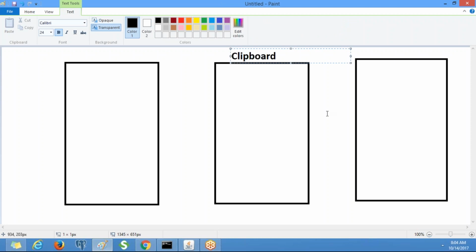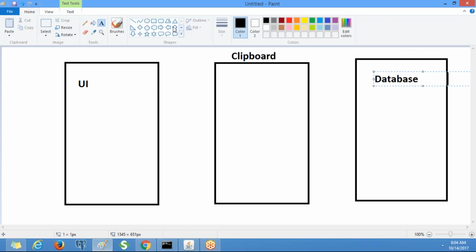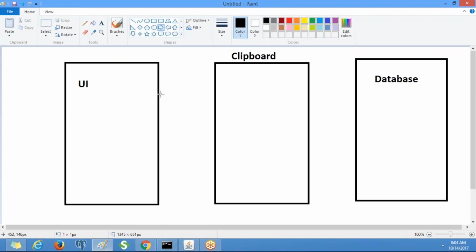It is a temporary memory area which is associated to each active requester. So whatever details you are going to enter on the user interface, let's say this is the user interface and this is the database. Before saving into the database, first it will be converted to XML, all the details, then to the database.